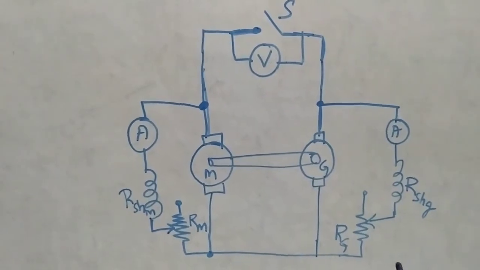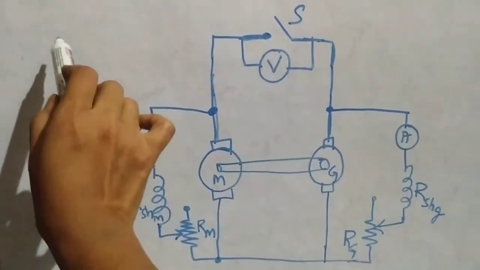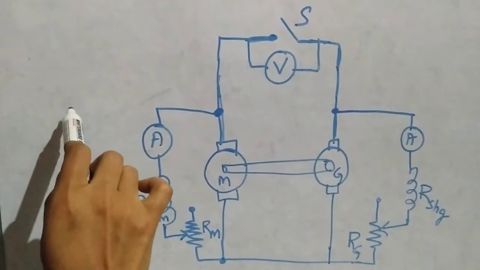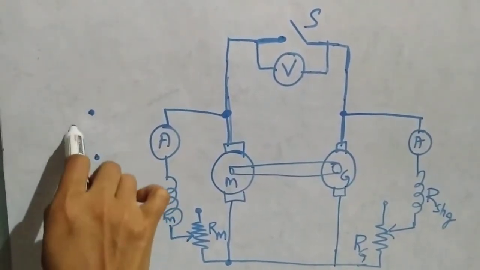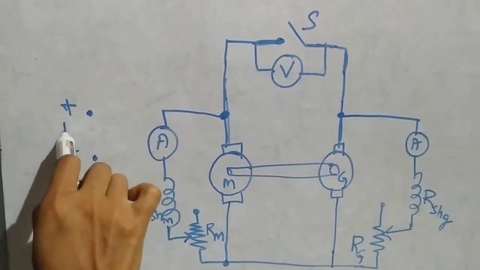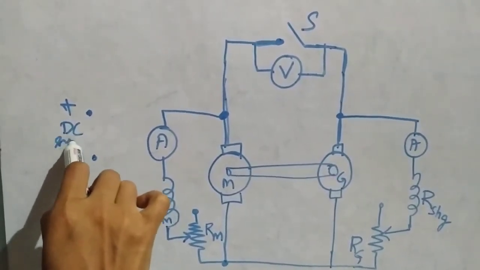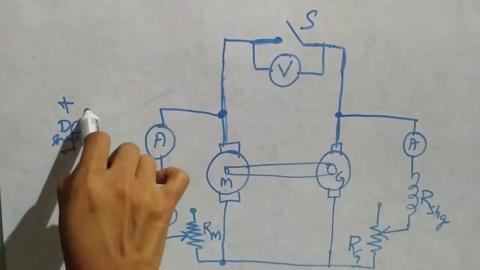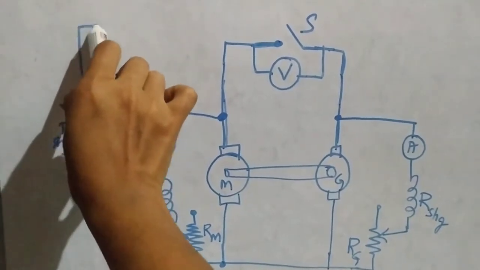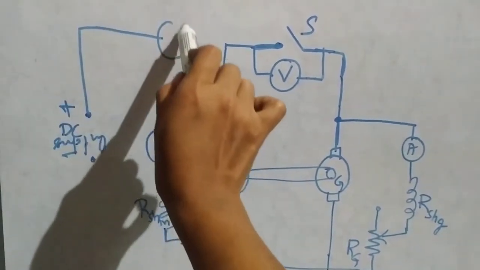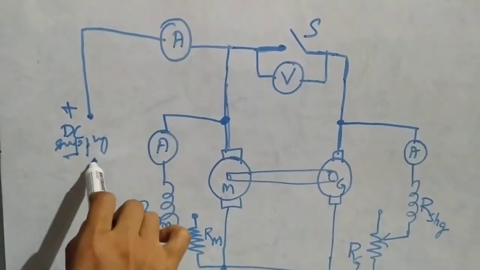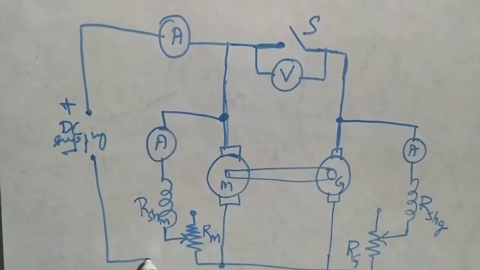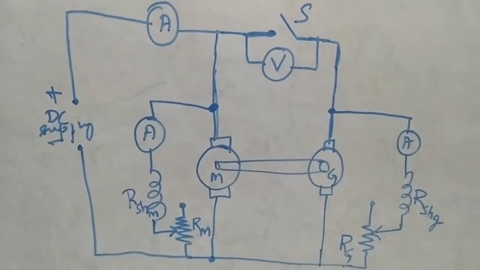Electrical input, right? So here we are going to use a DC supply, because we are using DC machines. So let me take up a DC supply with a polarity. This is a DC supply, and it will be connected directly to the line. I am going to make use of an ammeter to measure that line current. Okay, and this you can complete here, the path.